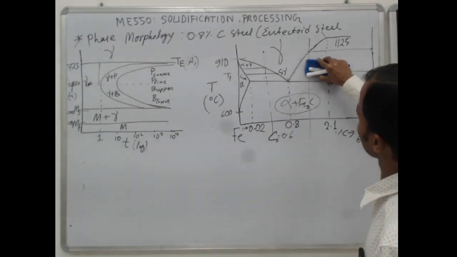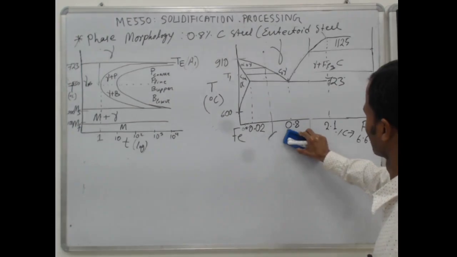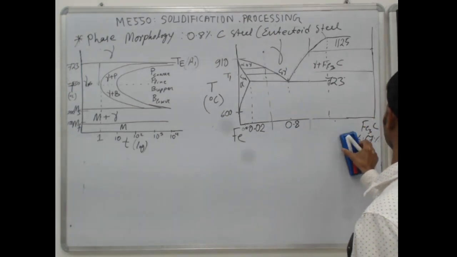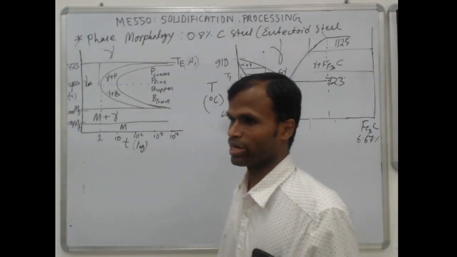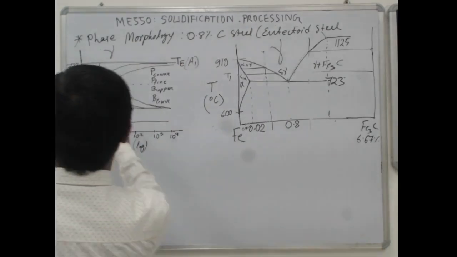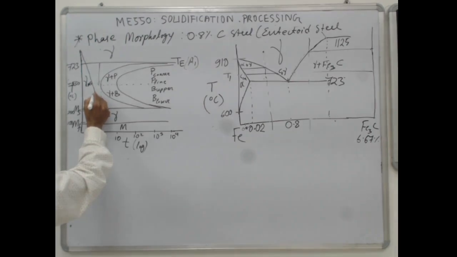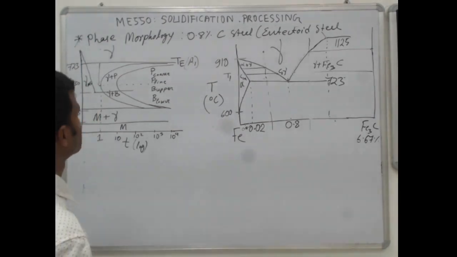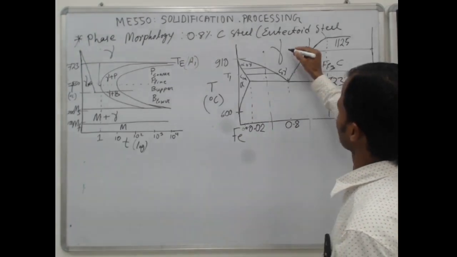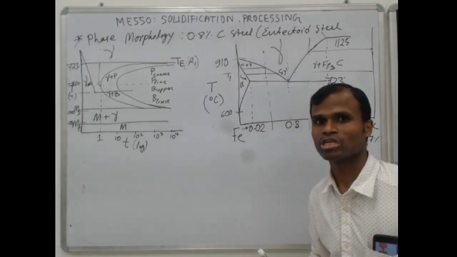Now we will discuss bainite. So now we will discuss the bainitic transformation. So in the bainitic transformation, what happens? If you see this diagram, the bainitic transformation happens when you reach a point below this nose. This is where your undercooling is very high and the temperature is sufficiently low. Suppose you have 0.8% carbon steel again, the eutectoid composition. So you should expect a pearlitic kind of transformation.